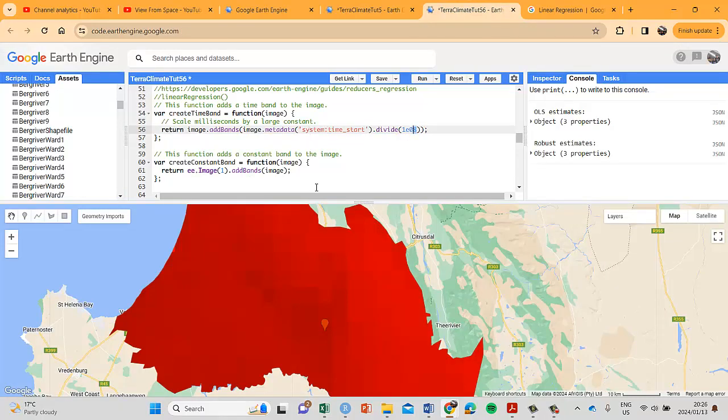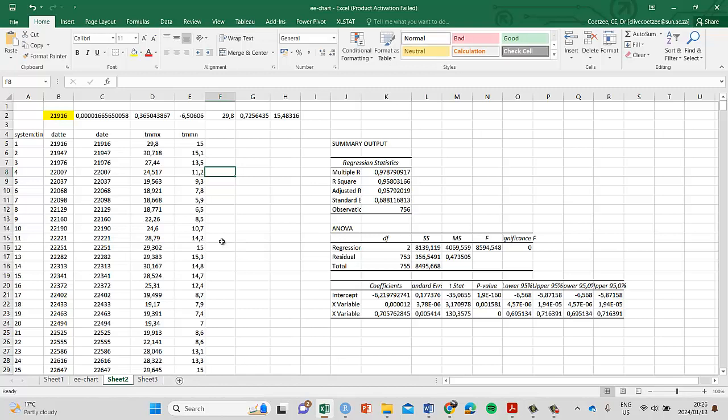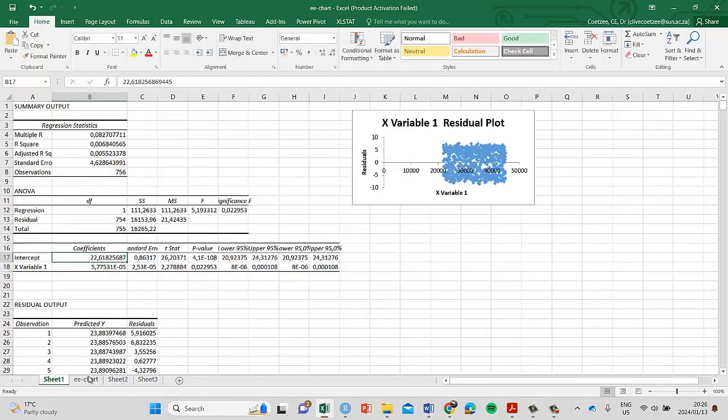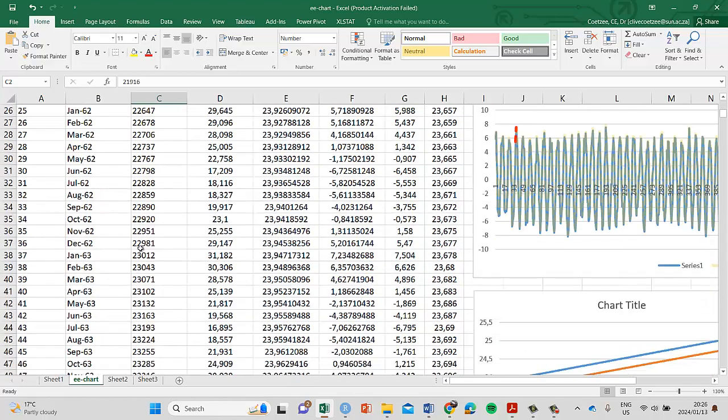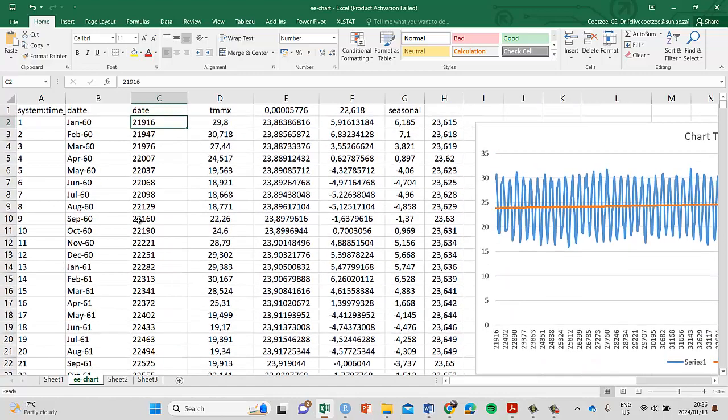So we've got the system. Remember that system, if we can reflect, that system start date looks something like this. It's a 1,000 number, 21,960, 22,000, etc. Now, remember, we're working in temperatures, which is 20s and 30s. So obviously, we can't work with 20,000s. So we have to make this date number smaller so that we fit with this. But anyway, I'll show you guys a little bit later what we're talking about and why we're dividing it by